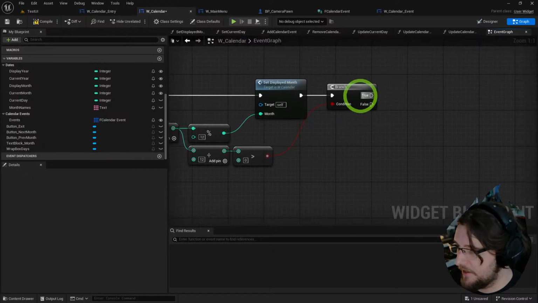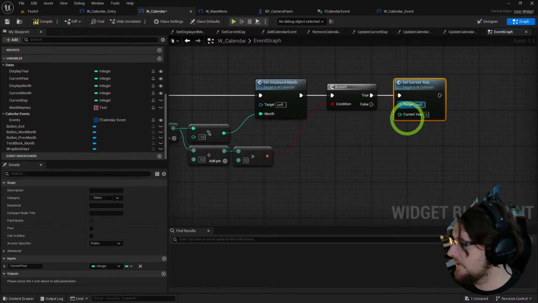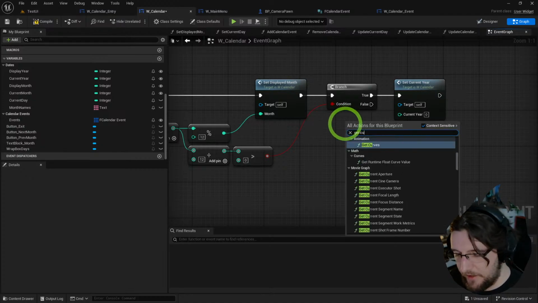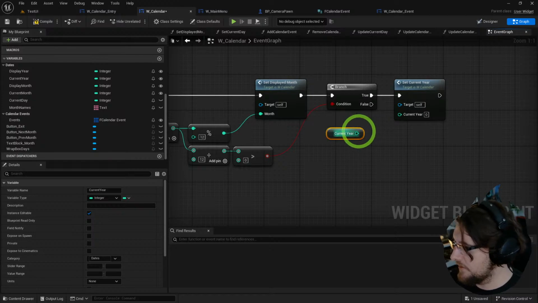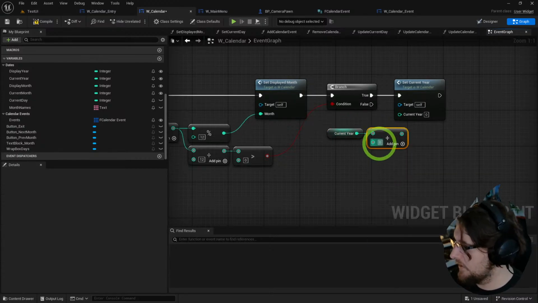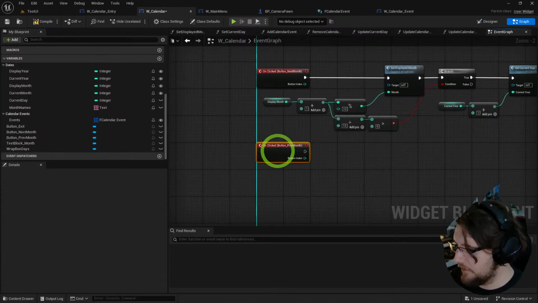Then I update the year. Set year. Set current year, get current year. And we'll just add 1 to the year. There we go. Okay, and so for the previous month,